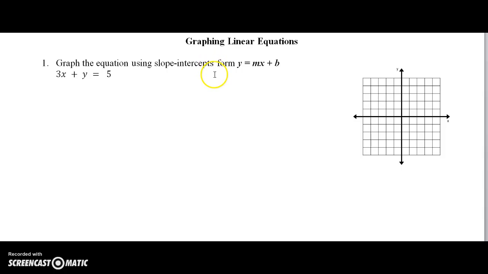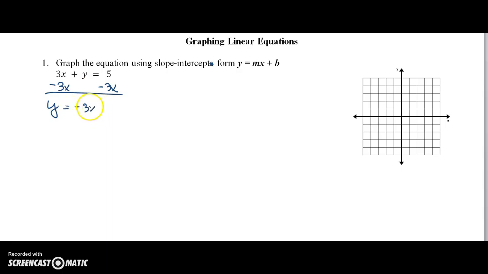So slope-intercept form is y equals mx plus b. The first thing that I'm going to do is to write this equation in slope-intercept form. That means I need y by itself. So looking at this equation, I see that y is not alone because it has this 3x. So to get rid of it, I'm going to subtract 3x and subtract 3x. And now I have y is equal to